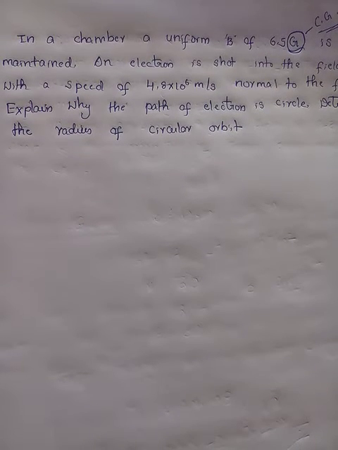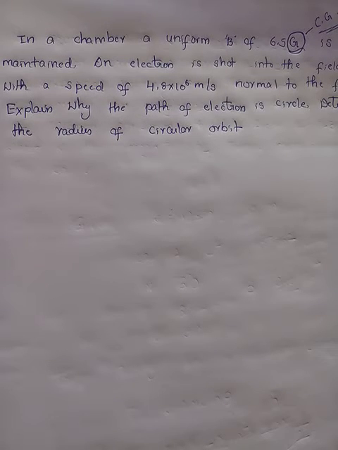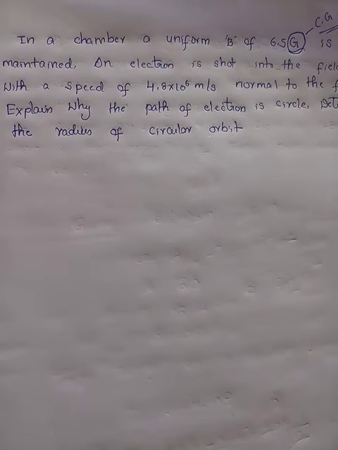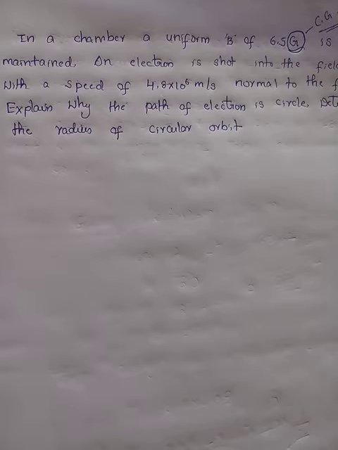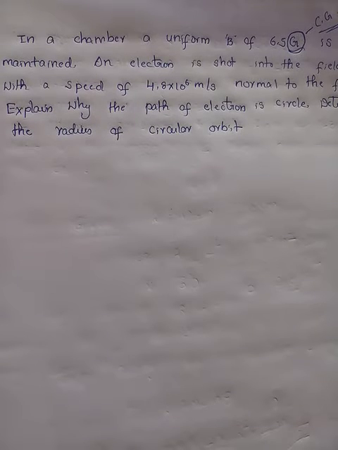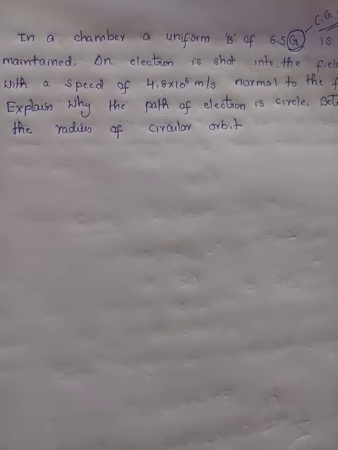Simple, right? An electron is moving in a perpendicular magnetic field, the path of motion is circular. According to the right hand palm rule, the direction of force is perpendicular to both velocity and magnetic field. So the force will only change the direction of motion without changing the magnitude of velocity. So the electron attains a circular path and the necessary centripetal force is provided by the magnetic force.